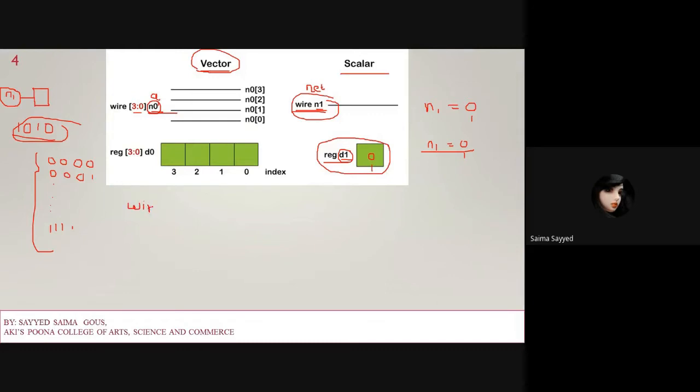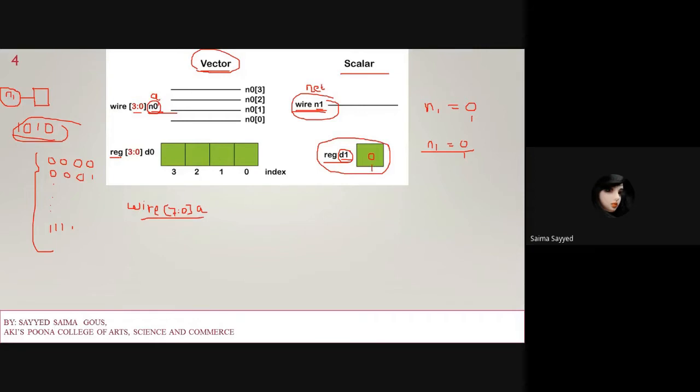Then whatever the variable name, suppose a is my variable, and a is having an 8-bit number, so I have to define 7 to 0. So here a is an 8-bit wire or connection. A is having 8-bit numbers. Now I have to store those numbers. This is just showing the connection, but I have to store those values, so I have to define it in a register.